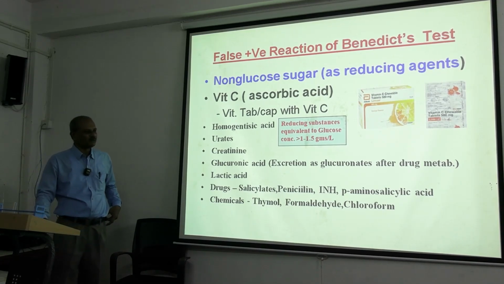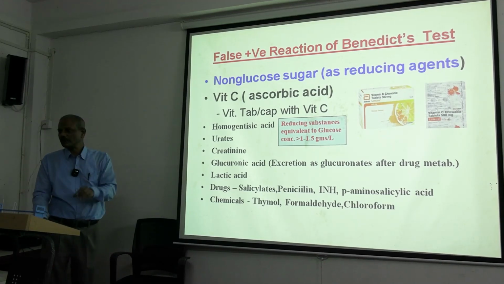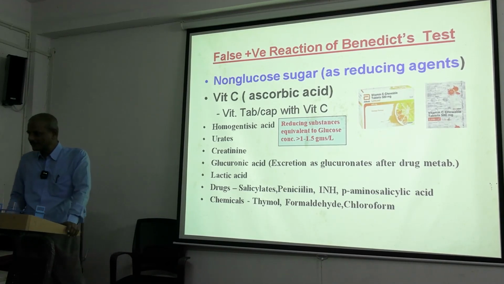But remember, glucose is having a concentration of 100 milligrams. So if the glucose is present in less than 100 milligrams, that is 50 milligrams or 75 milligrams, it will not give a positive result. Because you see,